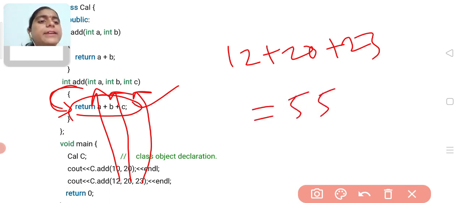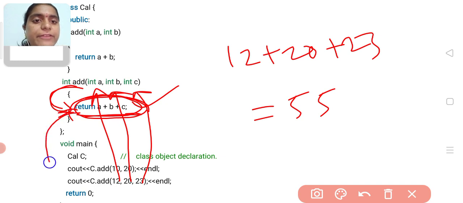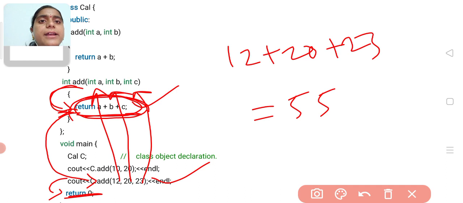55, right? After performing this addition operation, this return keyword will give the result back to the calling function. Then this 55 will be printed on the monitor, and then it will enter the next line, return 0. The return 0 represents the successful completion of a program.